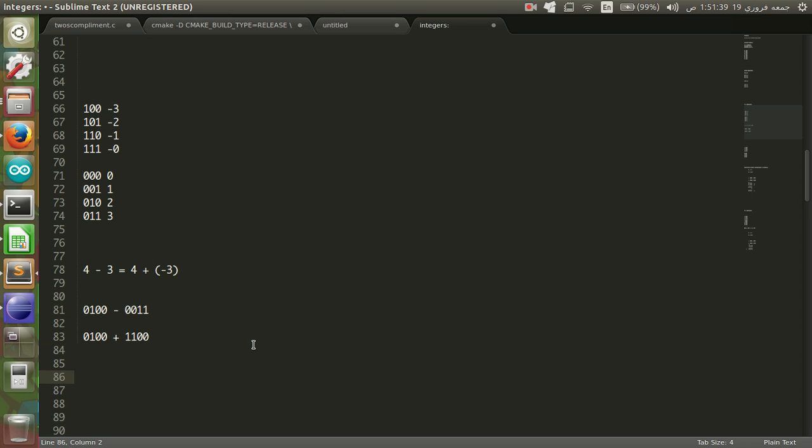So let's try adding these. 0 1 0 0 plus 1 1 0 0. So 0 plus 0 gives me a 0 and 0 plus 0 gives me another 0. 1 plus 1 gives me a 1 0, so I take the 1 to the next place and I write the 0 over here, and this is 1 plus 0 plus 1, which is 1 0 again. So this becomes 1 0. Now the problem here is that we're working with 4 bits, but we have an additional